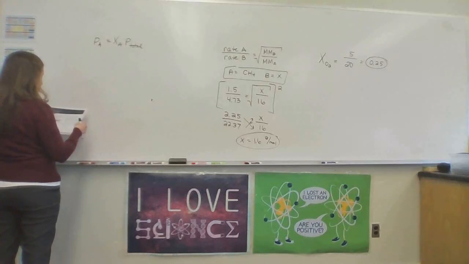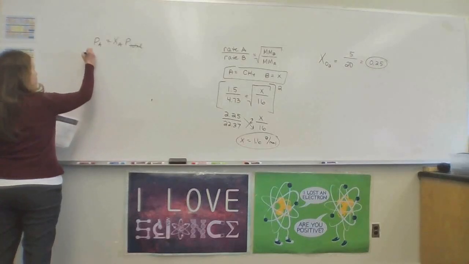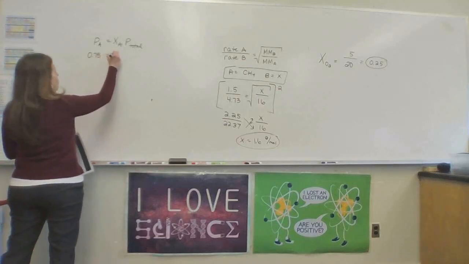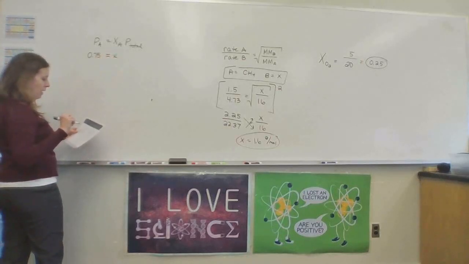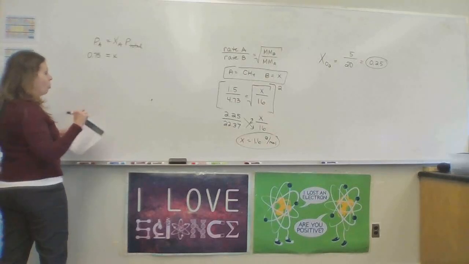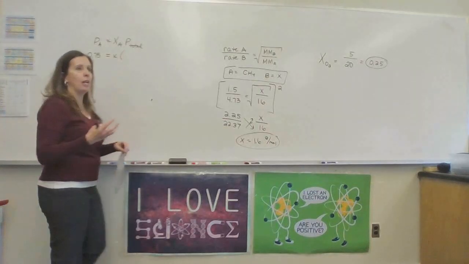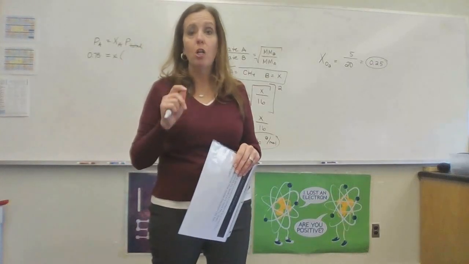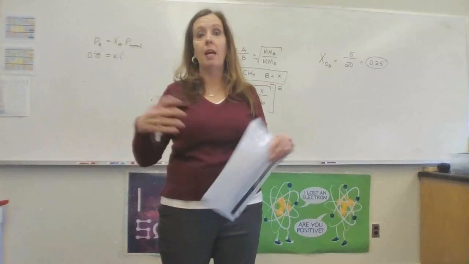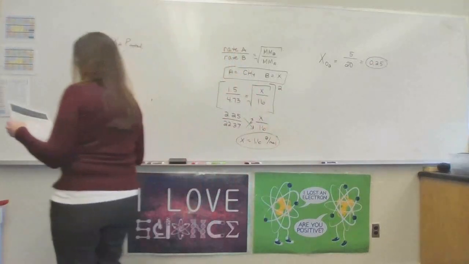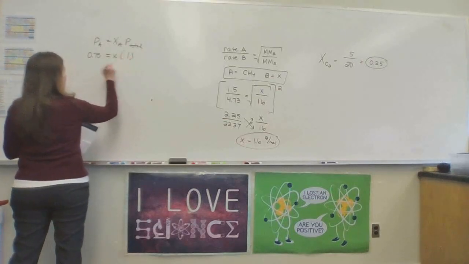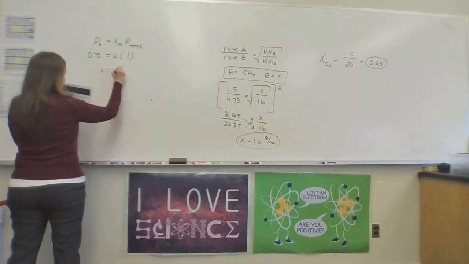So I'm looking at methane. Methane has a partial pressure of 0.75. So I'm going to put that in there. I'm looking for mole fraction. That becomes my X. And my total pressure, oh my goodness, I didn't give you a total pressure. But if I give you all of the partial pressures, you should be able to add those up and say, hey, that's the total pressure. So when I add up 0.75 plus 0.25, I get 1. X equals